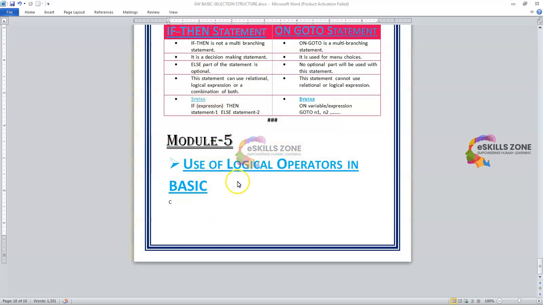Today in this video we will learn the use of logical operators in BASIC language. So first we will discuss that